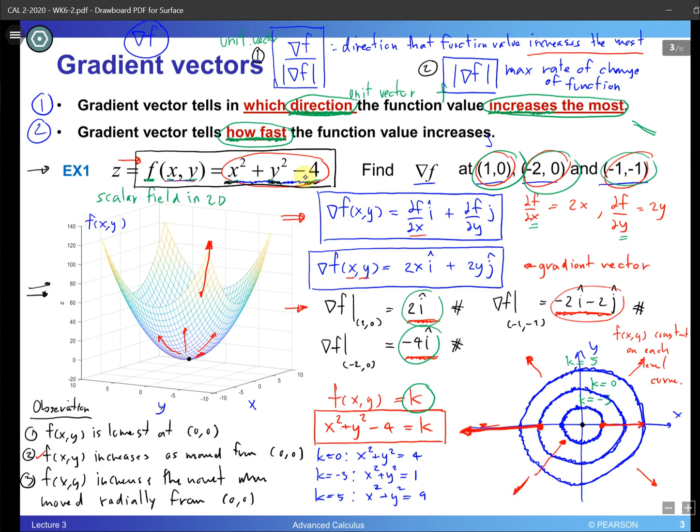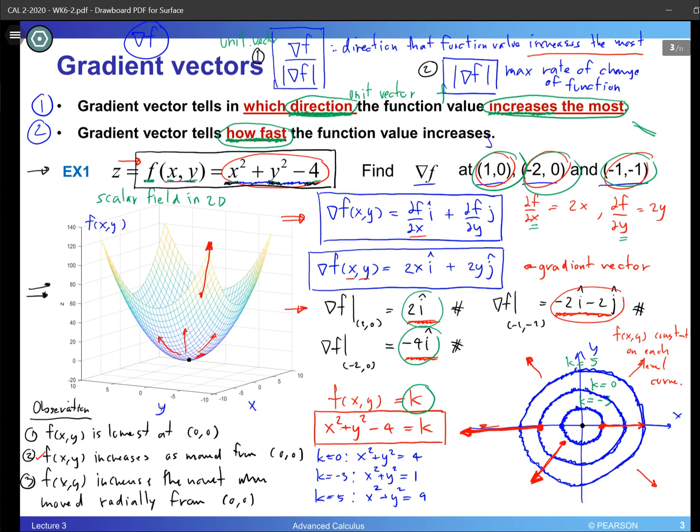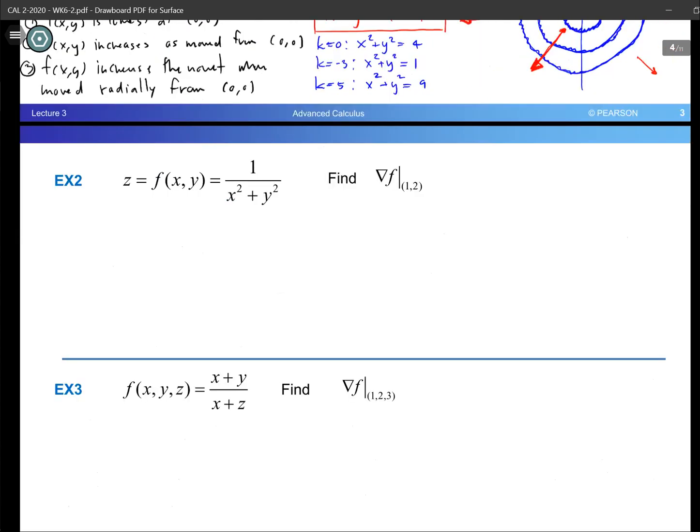Something like this. Alright. So that is -2i and -2j vector. So the vectors that we got, the gradient vectors, they correspond to the properties that we talked about earlier. So that's good news. Alright, let's move to the next two examples where we have to find the gradient vectors